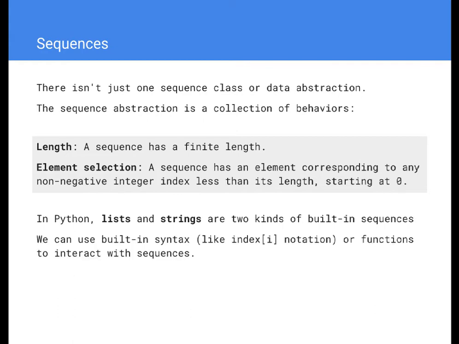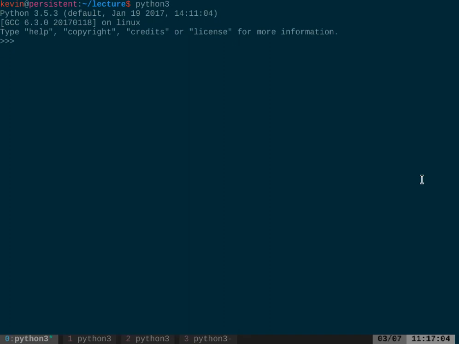Okay. All right, so I have Python 3 open up here. And what I'm going to do is I can create a new list of odd numbers. So I can say 41, 43, 45, 47, 49, 51, 53. So that's a list of odd numbers. And because this is an assignment statement, Python shouldn't print anything. Cool. What I can do is I can take the length of this sequence, and calling length on this sequence will give us some kind of number, which tells us how long this sequence is. So this sequence has 7 elements.